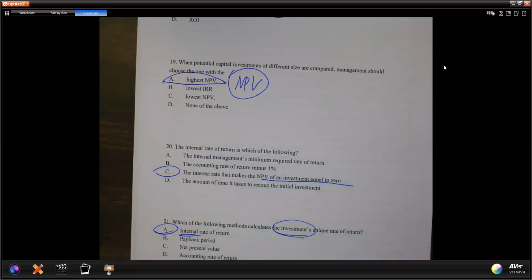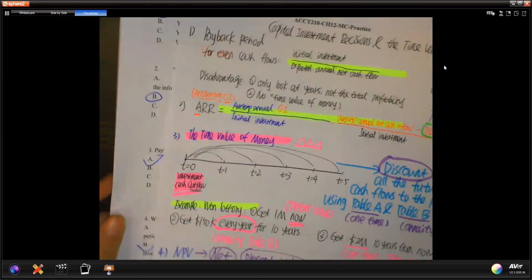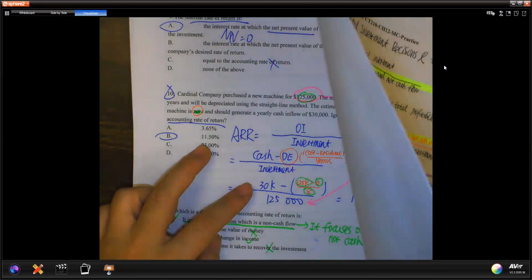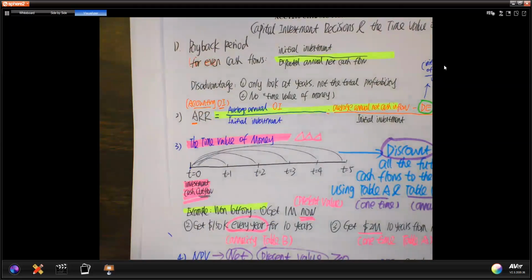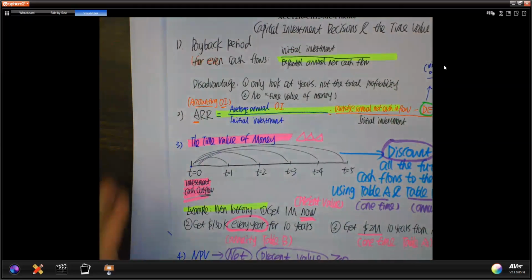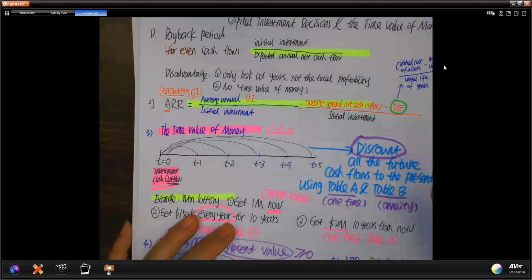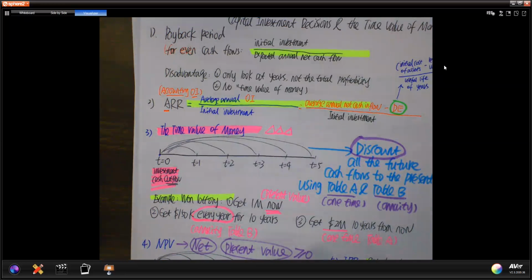So as I say, I don't really see a lot of fancy calculation in the multiple choice. I think the main important thing I personally think like ARR, you need to know; payback is straightforward. For NPV and IRR, make sure you check your note, check your My Accounting Lab assignments, the graded ones at least. You will see similar things there. I think I will definitely put chapter 12 in the problem part.